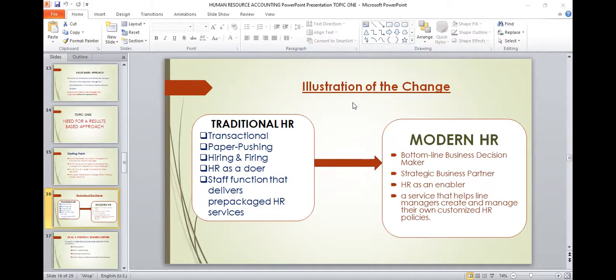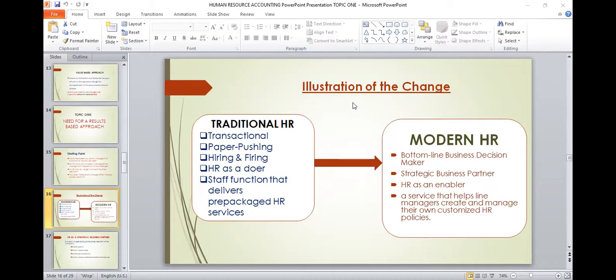So over the past decades, that is what HR had been going through. We had been moving away. Actually, we have moved away from the traditional approach to the modern approach. So if there are people who need to embrace it, then it is us, because of the unfavorable business environment and factors that we are going through with our organizations.